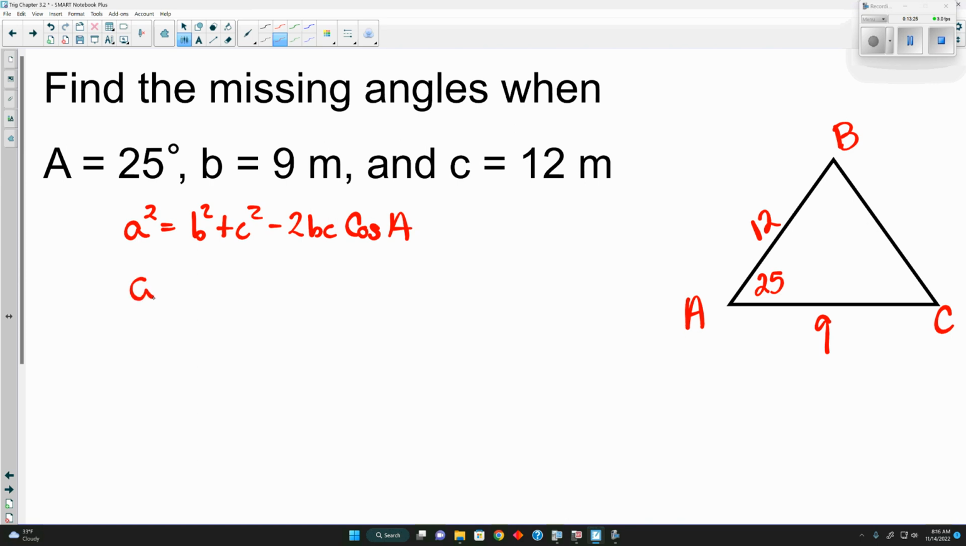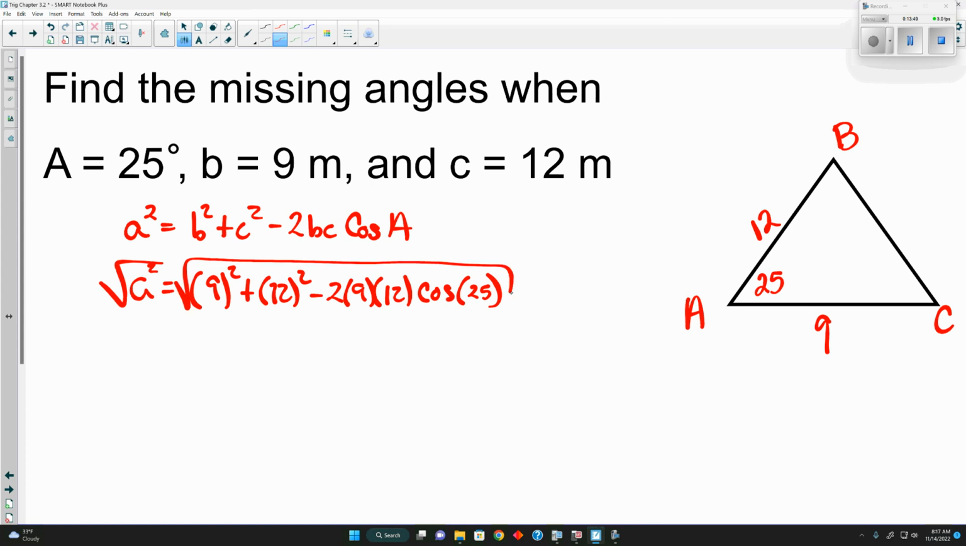And for us here, A is the value we don't know. We know B is 9, C is 12, minus 2 times 9 times 12, cosine of 25. Now at this point, we could type this in, but I would wait, because what we can do is square root both sides, showing us A is equal to